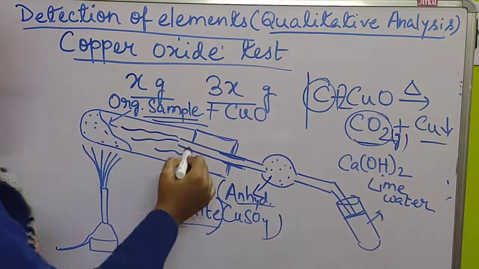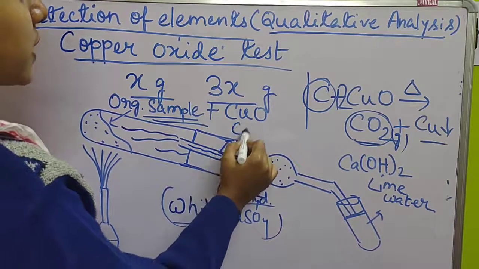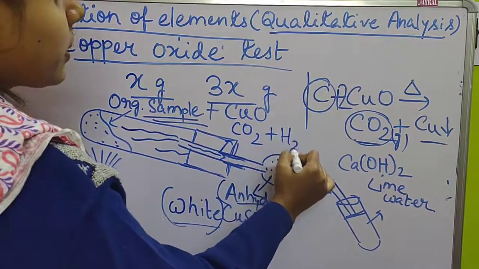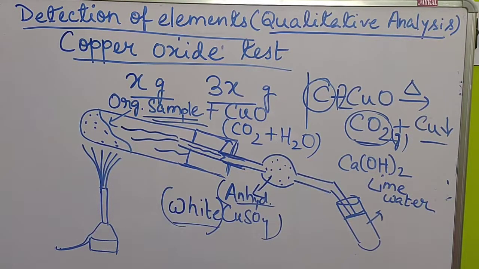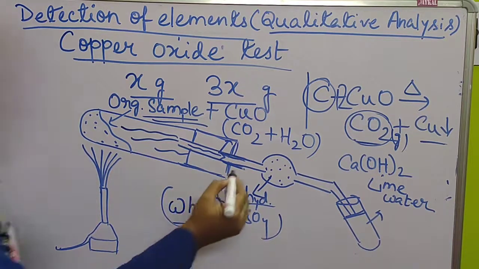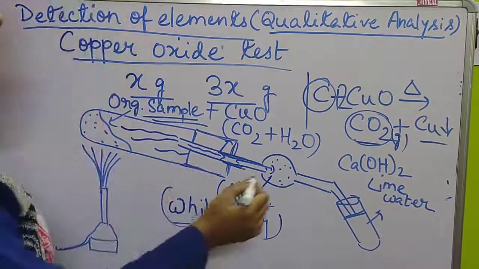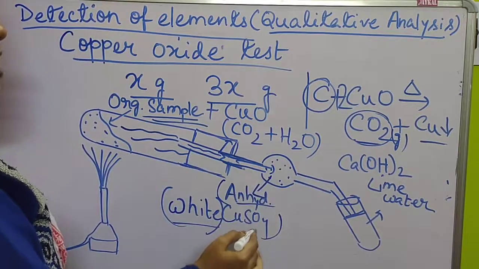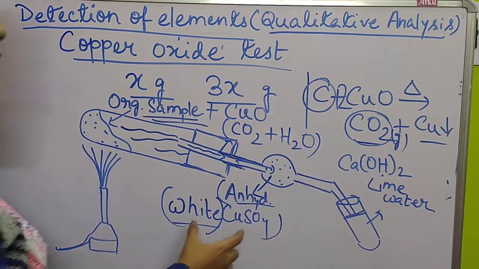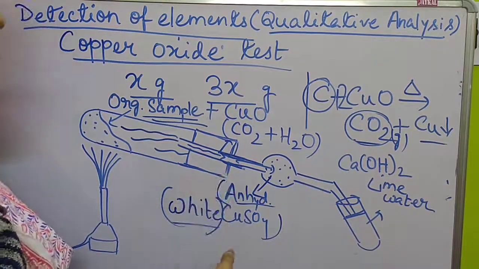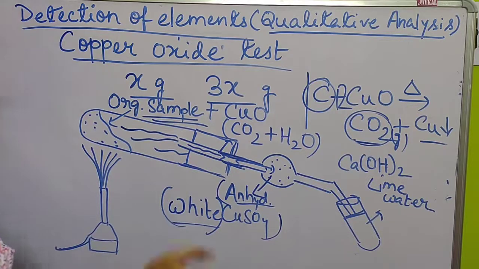Now the gaseous mixture containing CO2 and water is passing through this tube. So what will happen? Whenever the anhydrous copper sulfate comes in contact with the water molecule, it will absorb the water and become hydrated copper sulfate, and whenever it becomes hydrated, it will gain the blue color. So the reaction will be: